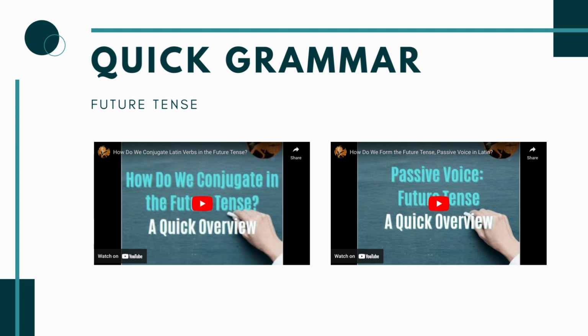But either way, find a way to get the grammar under control along with the vocab, and then you'll be in a really good spot to read this story. And then, of course, you want to read it. Find someone to read it to, practice your speaking and pronunciation, and find someone who can read it back to you so you can work on your listening skills.